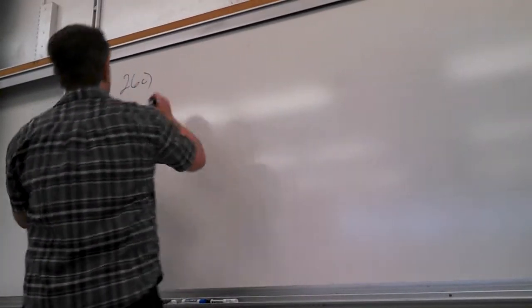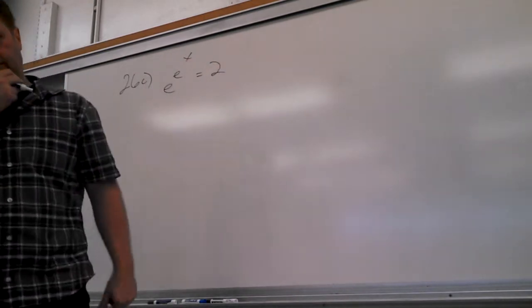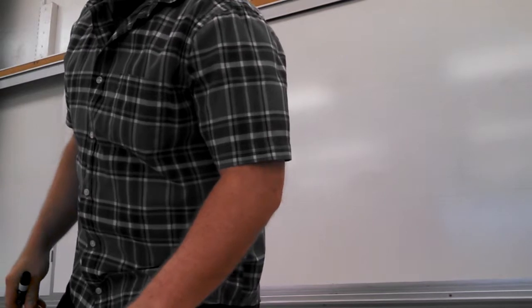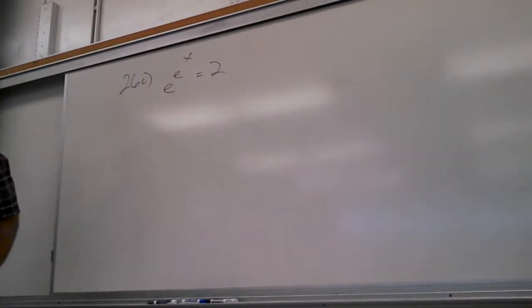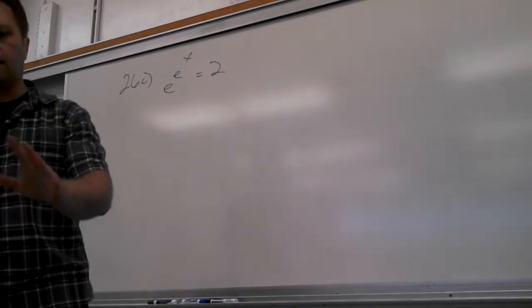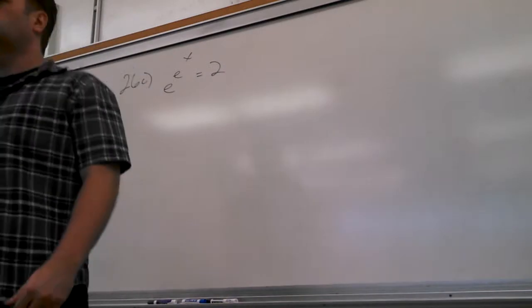So this is the one that says e to the x equals 2, right? The e^x function. All right. So on this whole problem, I don't want to see any decimals, to be honest. Normally, I'd want to see